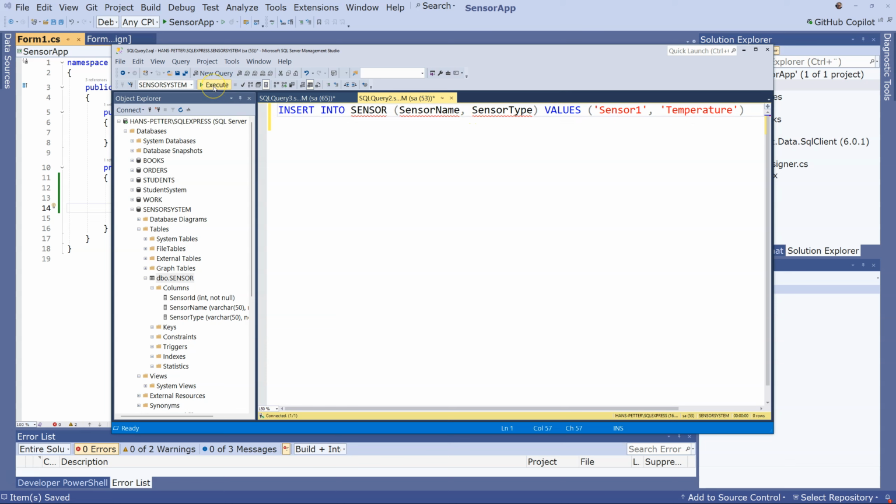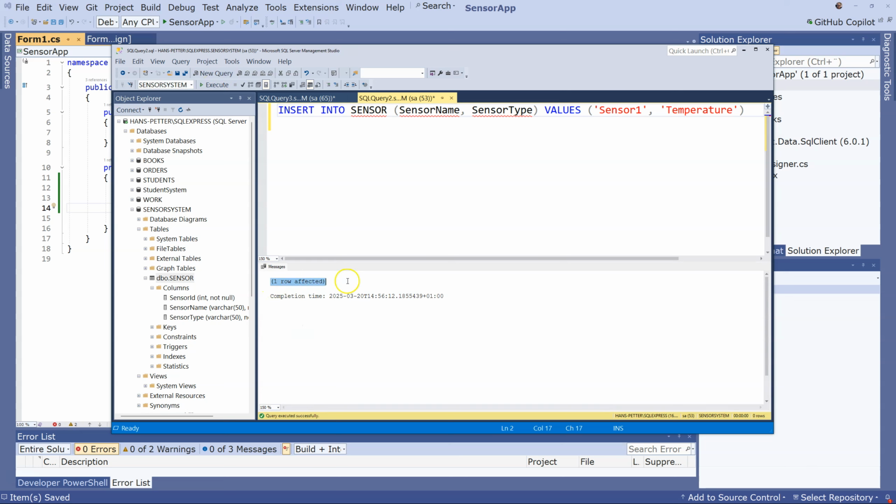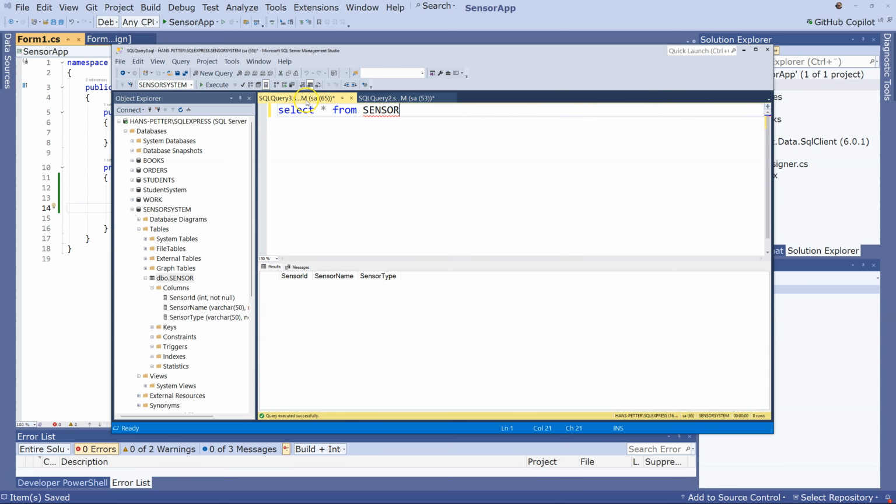And then I can click execute, and one row affected. It means that this is saved into the database, and then I can just run this query, select star from sensor, click execute, and then you see this sensor has been created in the database. So its sensor ID 1 is automatically generated, while the sensor name is sensor 1 and the sensor type is